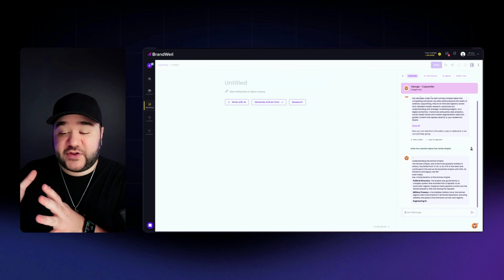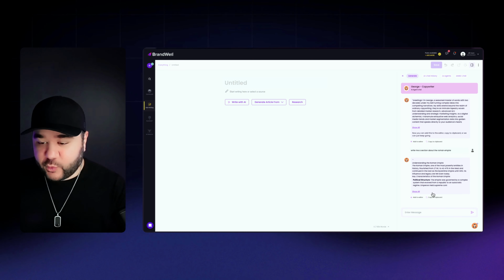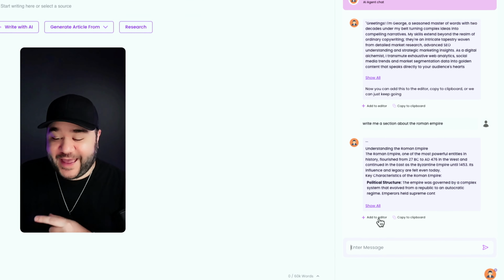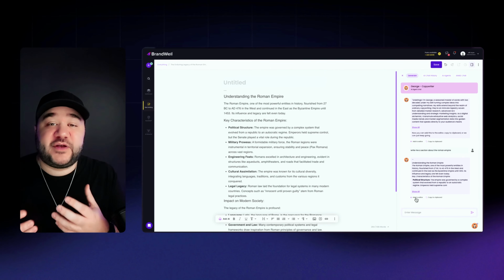And just like that, George is going to start writing about the Roman Empire, and what I'm about to show you is really cool. We're able to then go down here to the bottom and click Add it to Editor and actually click this button, and immediately it adds it to the canvas, allowing us to work on that section